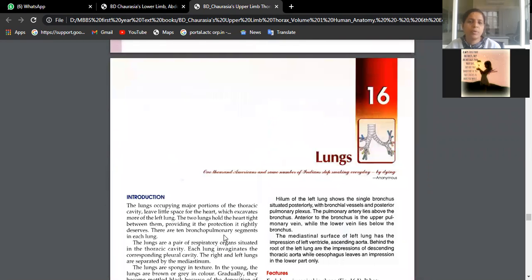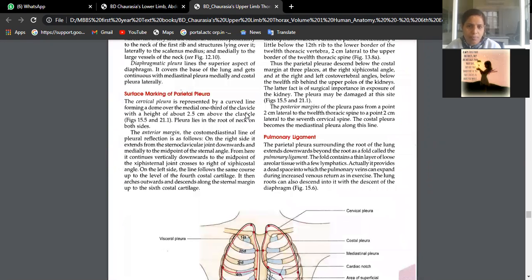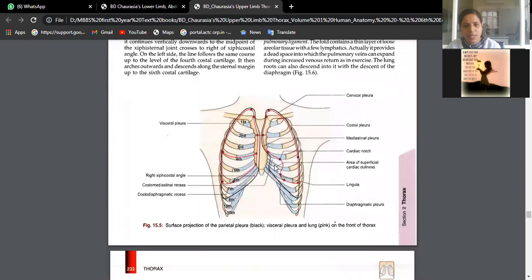For example, suppose this black outline is pleura. This area is the costomediastinal recess, and the lower one, between the pink and black line, this area and this area, is the costodiaphragmatic recess. Then foramen of Winslow. Where do we see it? Epiploic foramen, which is seen at the right free margin of the lesser omentum. This helps in the communication of greater sac and lesser sac. These questions will come for 4 marks also.